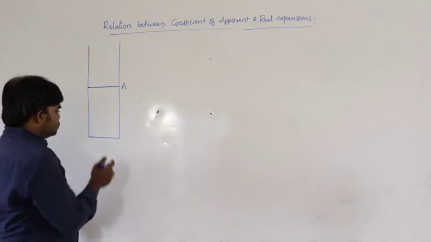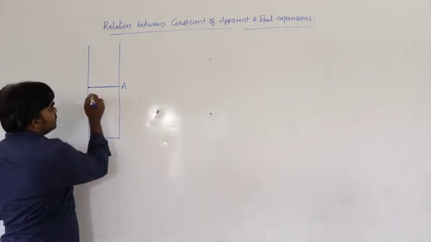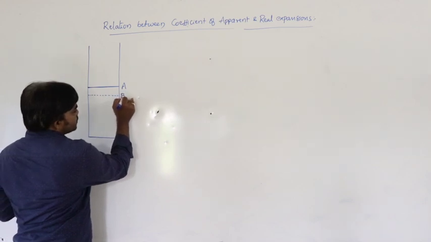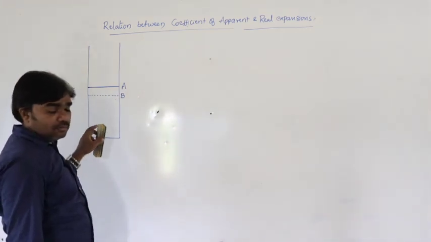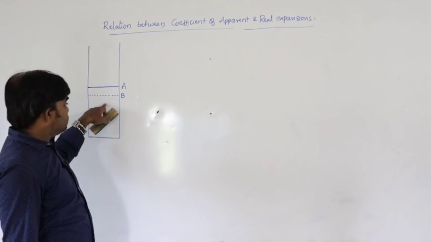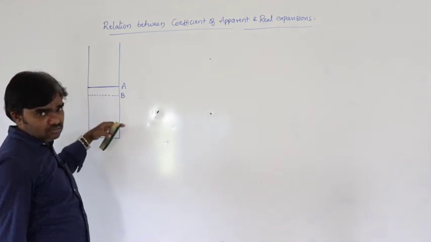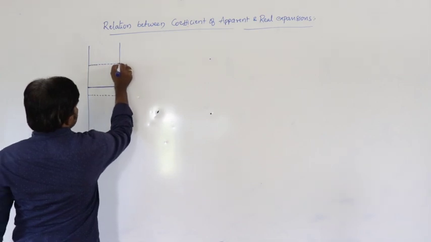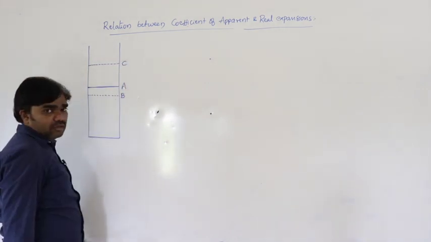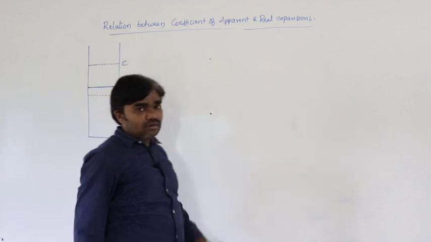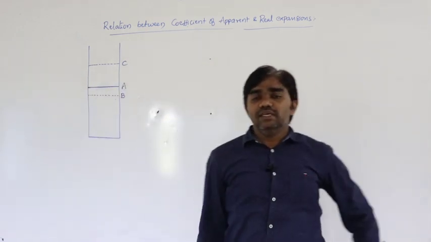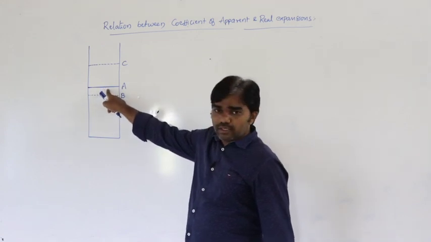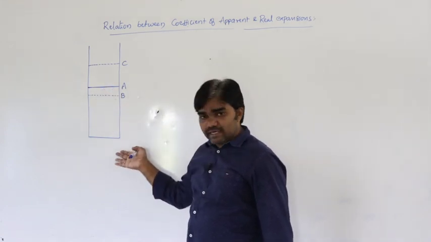So due to the heating of the solid, first the liquid level falls down, because the solid expands first. Then the liquid level rises, let us say up to the point C. The liquid level first falls down and then rises up to the point C. That is the actual thing. Initially the liquid level is up to the point A. Now we are supplying heat energy here.